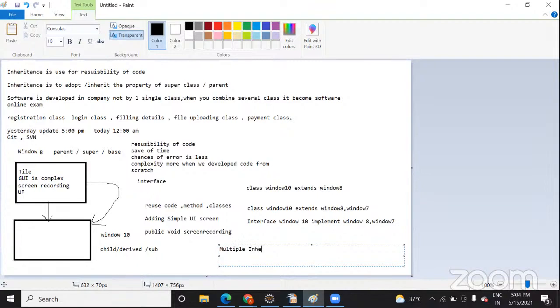I have one more scenario: Windows 7 is a parent class and Windows 8 is a derived class. Windows 10 can also extend that Windows 8 class. Obviously, when Windows 7 is extended by Windows 8, all the features of Windows 7 will be available in Windows 8, plus additional few features.